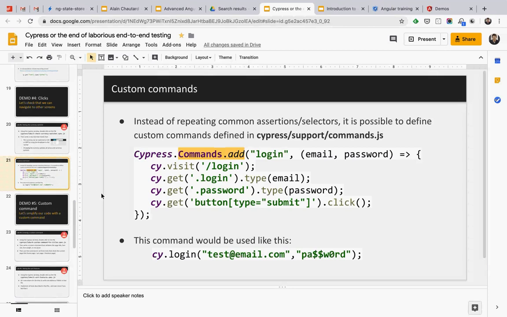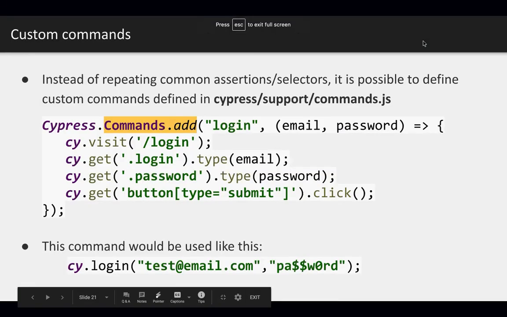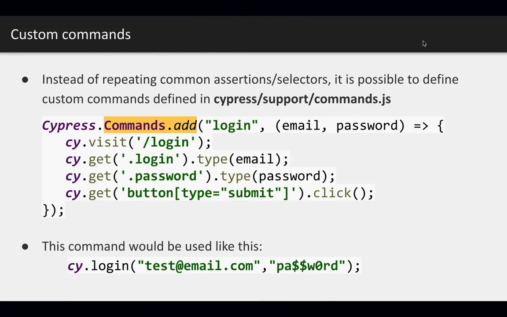Yeah, next thing I want to show you is that, so we saw all of the Cypress commands, visit, get, contains, but you can create your own command if you want to. So very likely when you have a web app, you'll have some actions that are always the same, like login, logout, that kind of thing. And you can refactor that code and create a specific command for Cypress. So that's what I do here, Cypress.Commands.add login. So login is the name of my command, and that's the code that I'm going to run behind that command. So it takes two parameters, an email and a password.